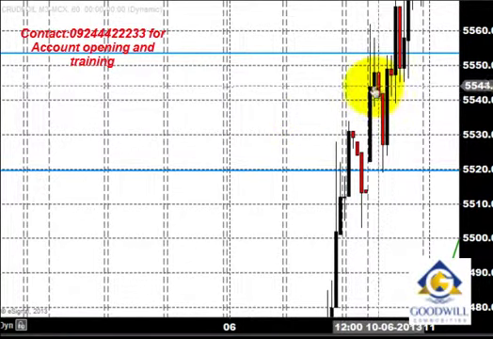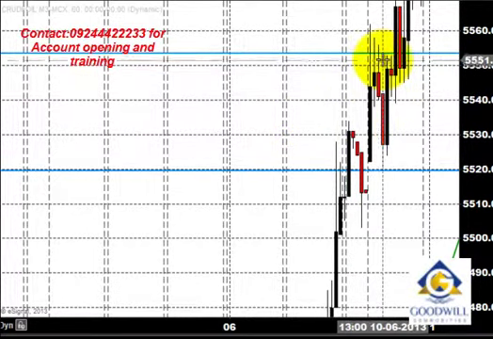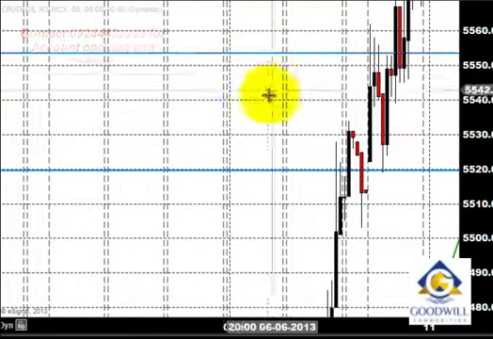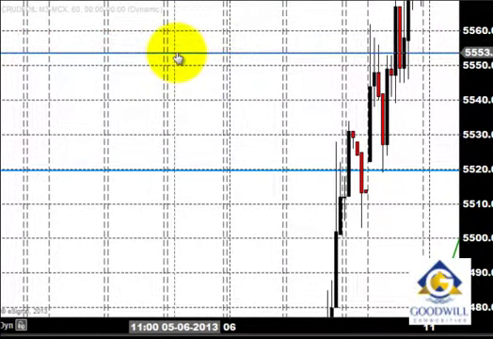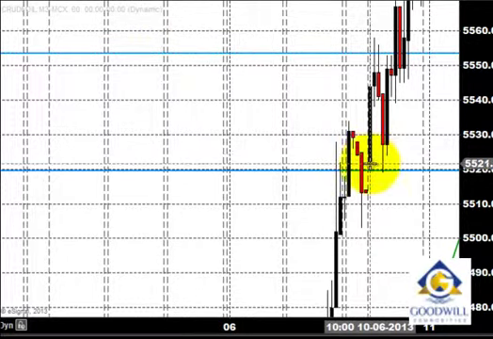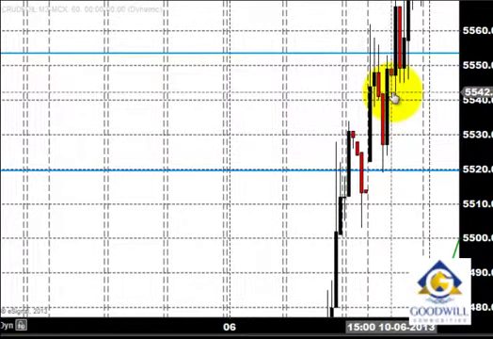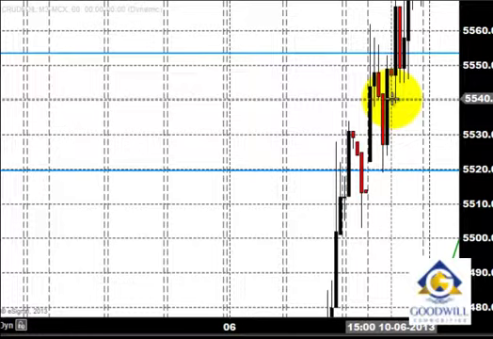After the price opening, you could see the price straight away went and tested our resistance zone of 5,554. If you notice, we always draw the support and resistance lines earlier. We don't draw them after the price action has happened for a particular day. We draw the support and resistance lines before the price action. If you continuously follow our presentations, you will know that.